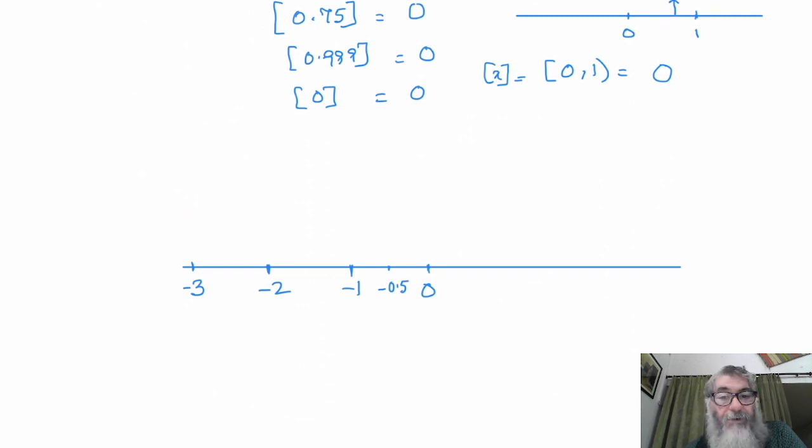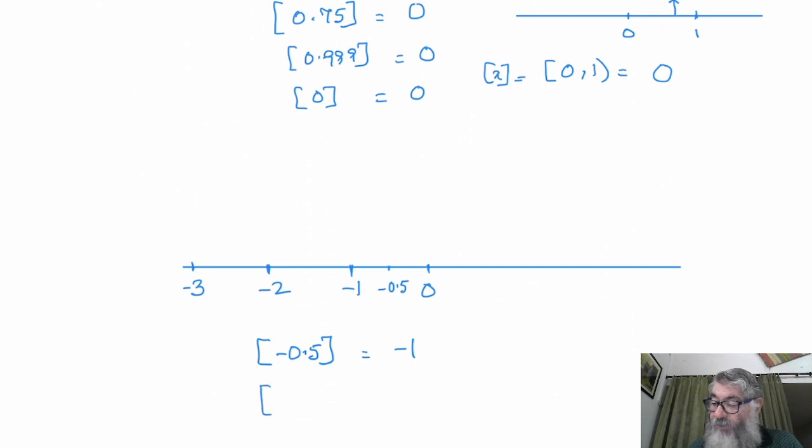If it is -0.5, again the method will remain the same. When we want to find the greatest integer of the given number, for example, -0.5, what are you going to do? From that number, you will move to the left on the number line, and the first integer which you come across is -1. So this is the greatest integer.